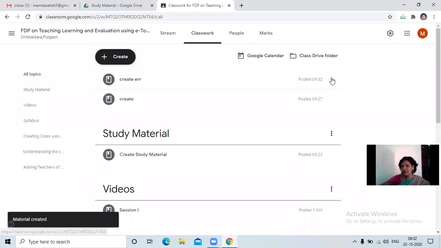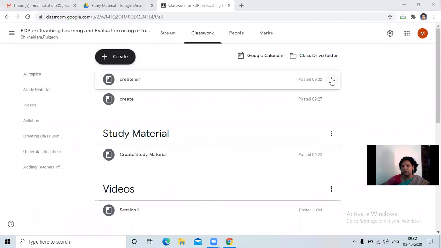So here you will find that the material is posted. But by mistake, or in a hurry, it might happen that I might not have selected an appropriate topic or a wrong topic might have been selected. So what I'll do, I'll locate these 3 points and click on edit.